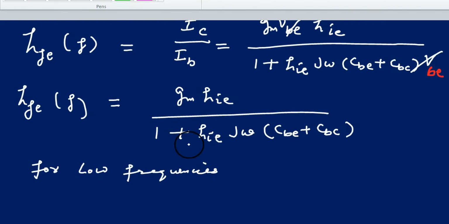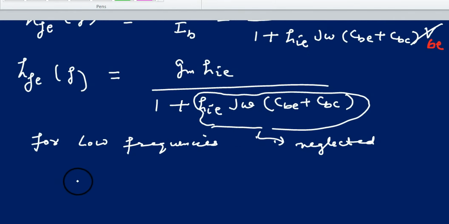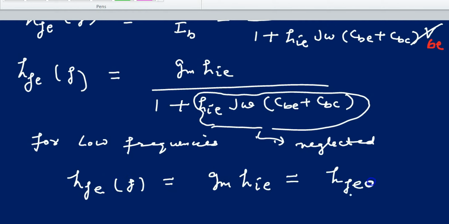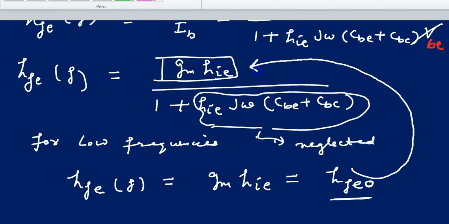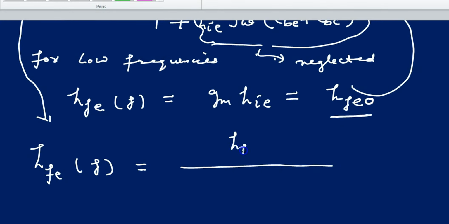At low frequency, you know what happens? This term is neglected, as the omega is very, very less. And then HFE is called HFEO. GM into HIE is called HFEO. O means for the low frequencies. So now again replacing GM HIE with HFEO, then HFE, which is a function of frequency, becomes